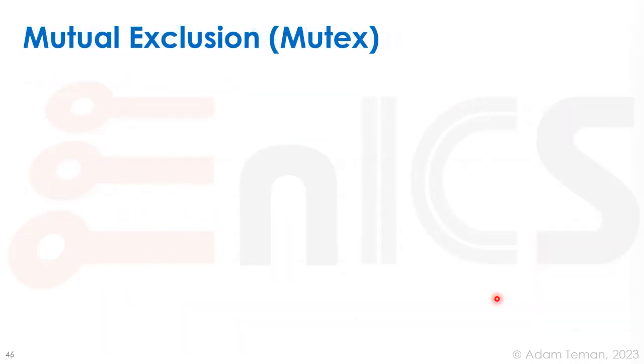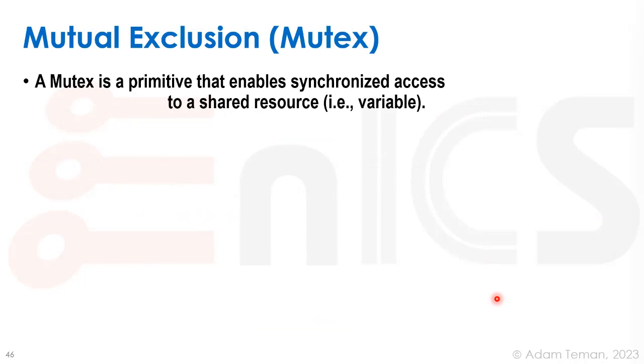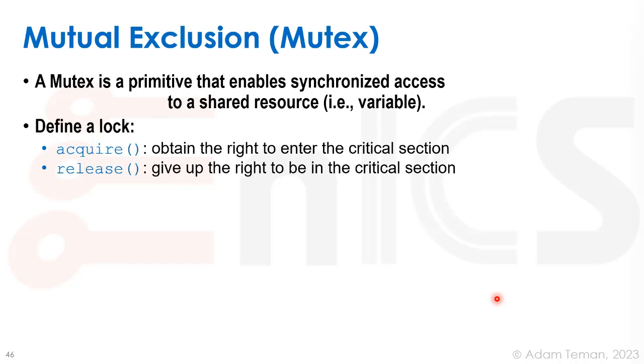So what is mutual exclusion, or a mutex? A mutex is a primitive that enables synchronized access to a shared resource. So it's some sort of variable that's shared between us, and we need to enable synchronized access. What we're going to do is use a mutex. So how can we do this? We can define something like a lock. A lock is just some sort of variable that has two operations